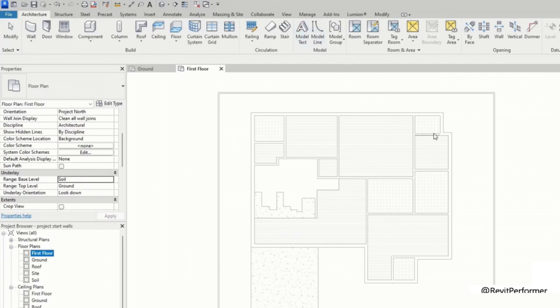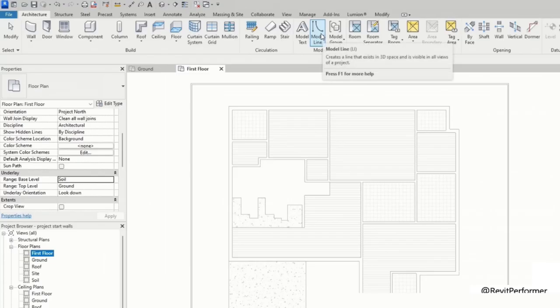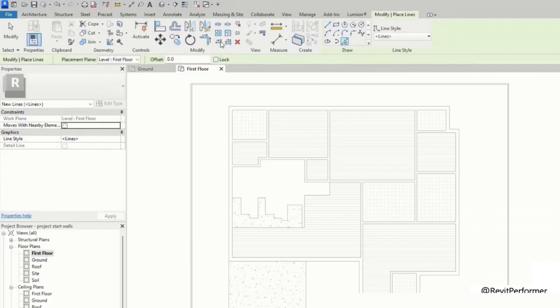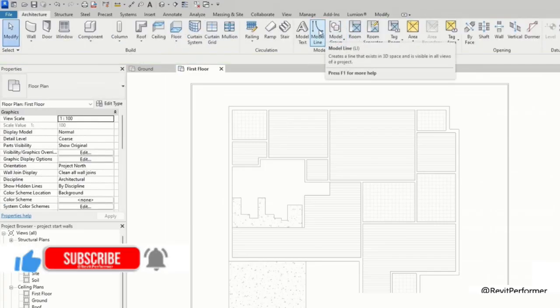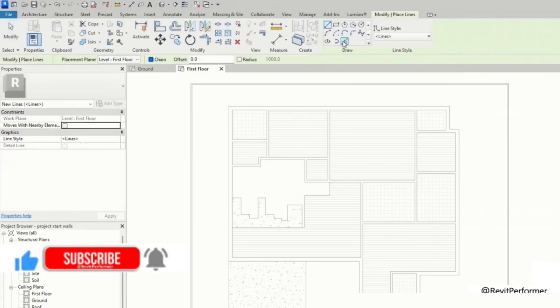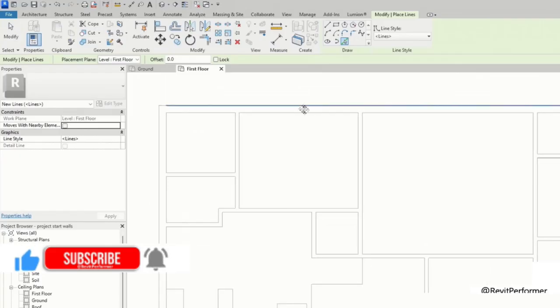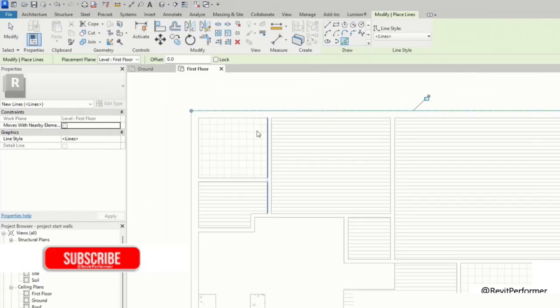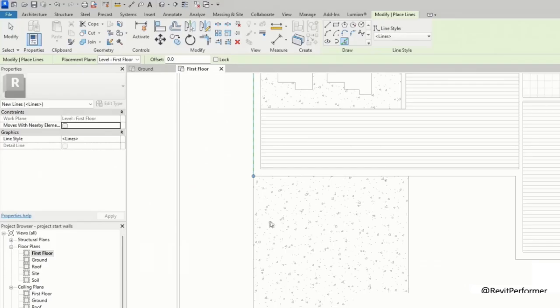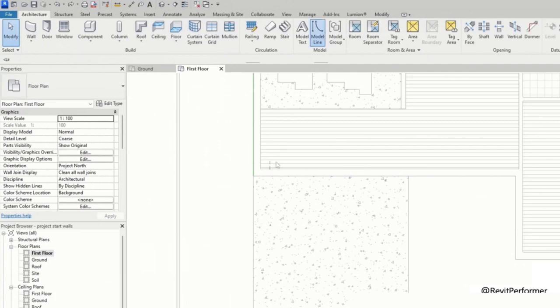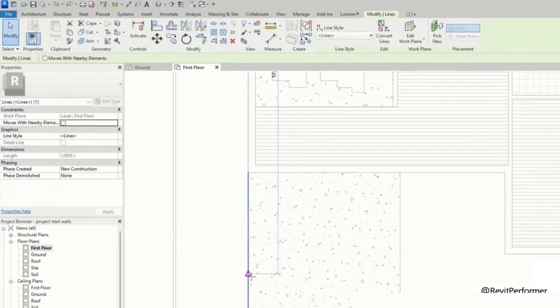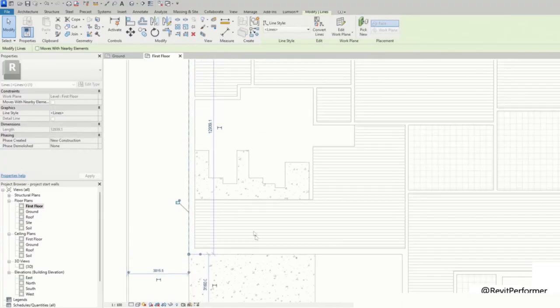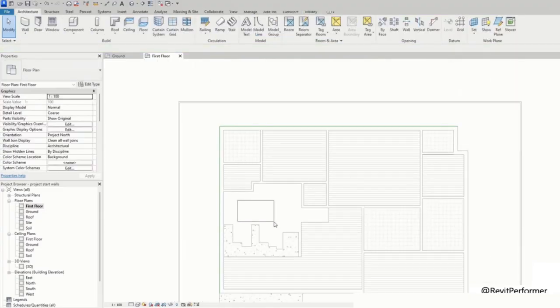Now we're going to create a simple outline for the first floor. I'll be using the line tool. I simply go to the model line and I select the pick line tool, and I'll draw my outlines first that I need for the sides of the house. This is just so that you can have an idea of what I'm going to do right now. I'll extend this wall up to here. Or you can also create an outline like this, like I had here. And yeah, so this is a basic outline. Also, the first floor will have some more information.